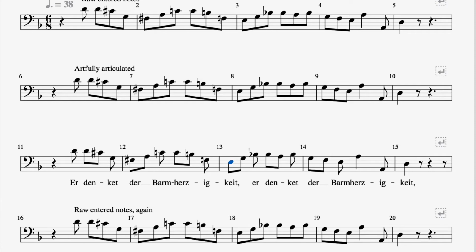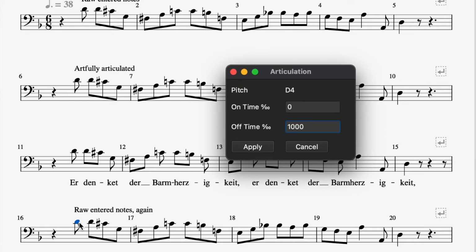Let's add one more feature. Do you see these repeated notes? Bum, bum, ba, da, da, bum, bum. Whenever you see repeated notes, whether it's Baroque music or some other music, you should always separate them. The default spacing we have now, well, almost, but I want to cut them back to 900. So let's do that.